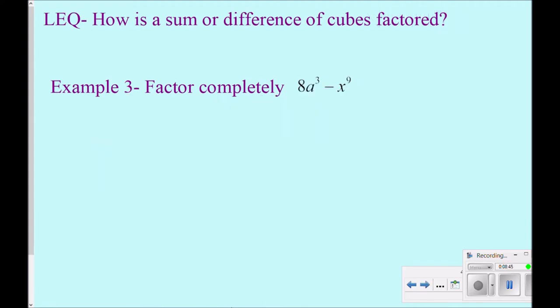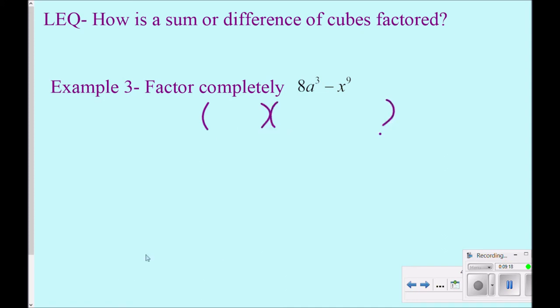Next. So once again, check for GCF. None. Two terms and a minus sign. So it could be difference of squares or difference of cubes. I'm going to look at my hints. Several hints this time. The 3, the 9, and the 8 all indicate that this is going to be difference of cubes. I can't get exponents of 3 or 9 from squaring. And 8 is not a perfect square, and it is a perfect cube. Therefore, it's going to be difference of cubes. So binomial,